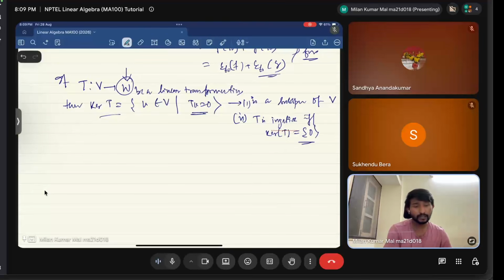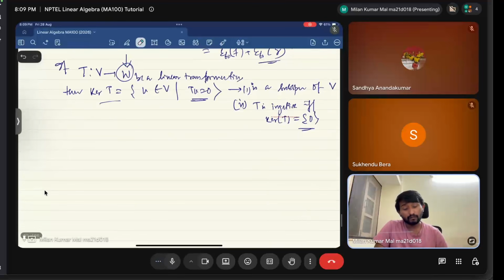And if the kernel of T is {0}, that means for all the entries v in capital V for which T v equals 0, v has to be 0. So that means T is injective. I hope this is not very difficult. T is injective if and only if the kernel of T is 0. Still, if you have doubt, you can ask me, I'll try to discuss. Okay, but let's